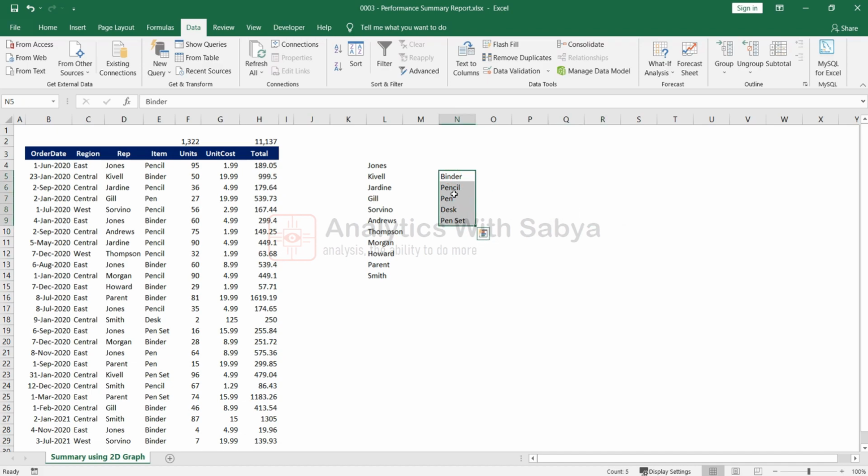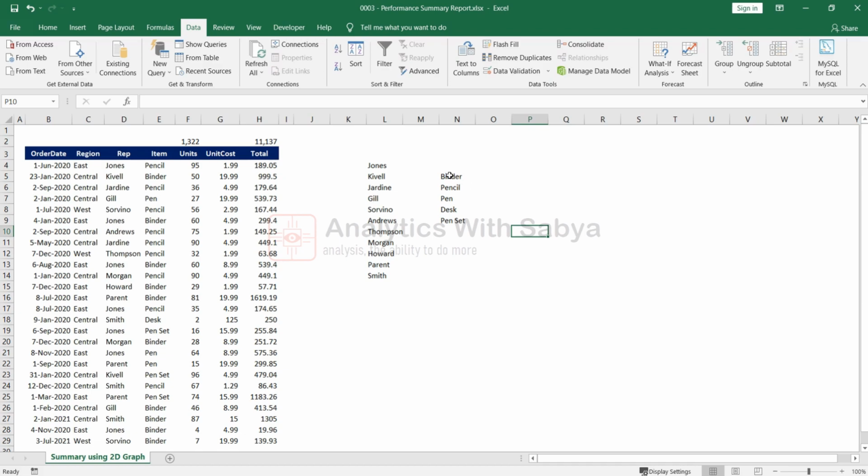All we need to do is copy the data from here and transpose it and put the data from here to here. And in case you are not sure how to use the transpose feature, do check out the earlier video, the link for which you will see on the top. You can check that video. I have given quite a lot of detailed explanation as to how you can use the transpose feature.